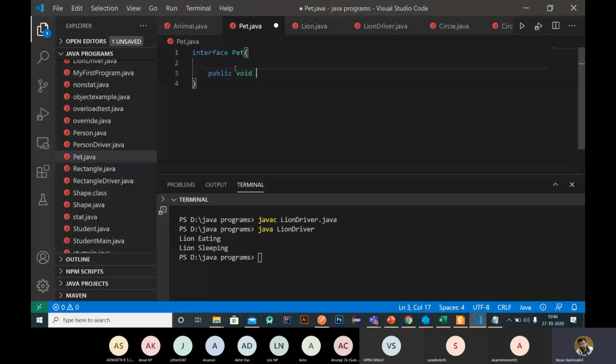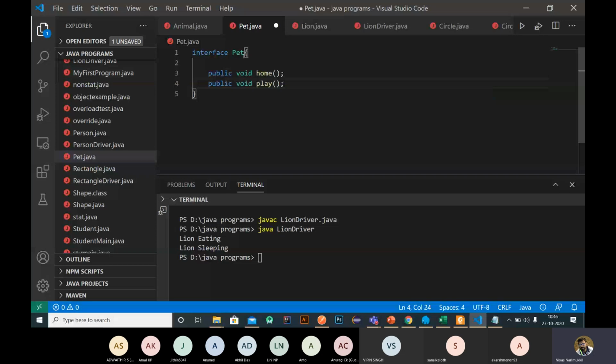For example, the pet is staying inside home. So this is one of the methods, or we can have other methods also, like public void play. That is, we are playing with pets, and the pets are staying inside our home. So there are two methods, for example. These methods are abstract methods, and this is an interface pet.